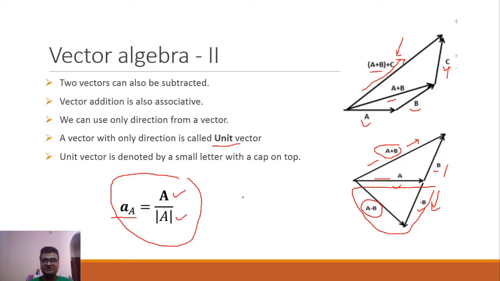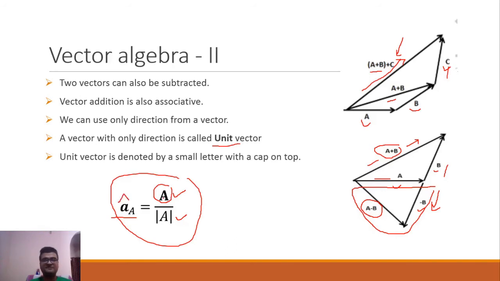When you see unit vectors in books, you'll see them as a small bold letter, and there should be a subscript. The subscript denotes the name of the actual vector from which this unit vector is being made. While writing in your notebook, it's compulsory that you put a cap above a unit vector.